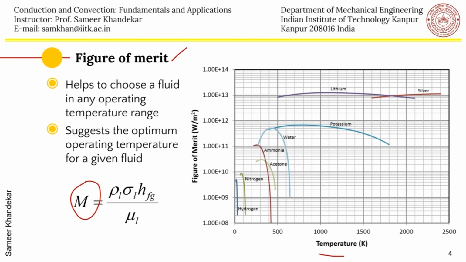So how do you define this figure of merit? It suggests the optimum operating temperature for a given fluid, and you can imagine that since you need a capillary suction, the surface tension of the fluid should be high. Also, you want a high latent heat substance, and the density should also be high, because that will ensure that the inventory of the fluid inside the system is low, and for a given mass you have a lot of latent heat. So essentially, rho times sigma times h_fg comes into the numerator of this figure of merit, and naturally the viscous forces